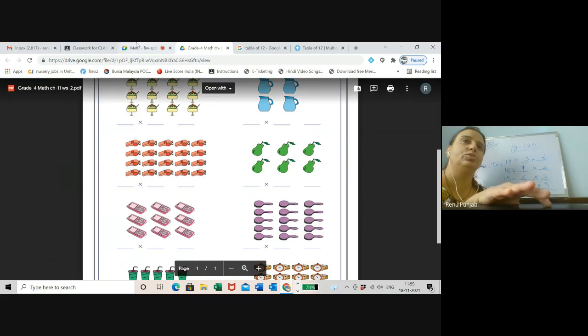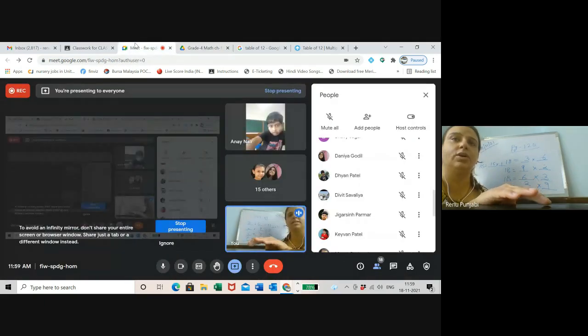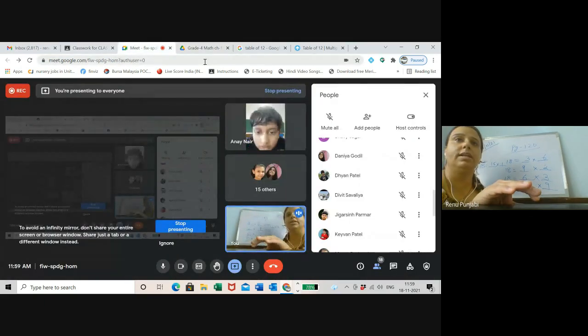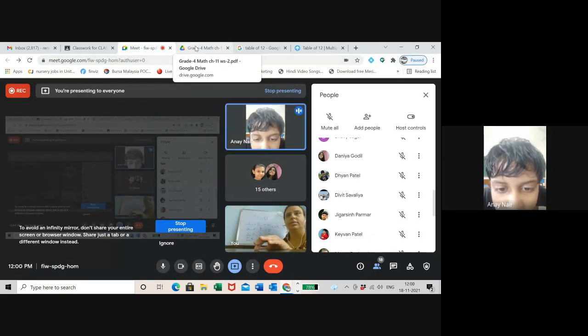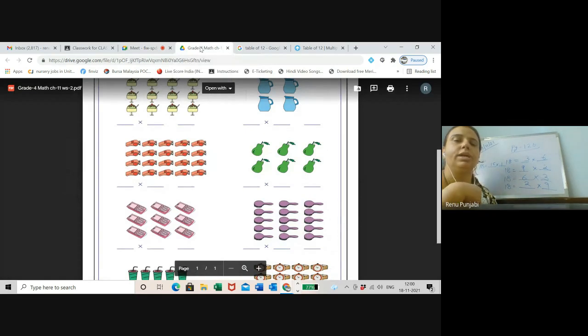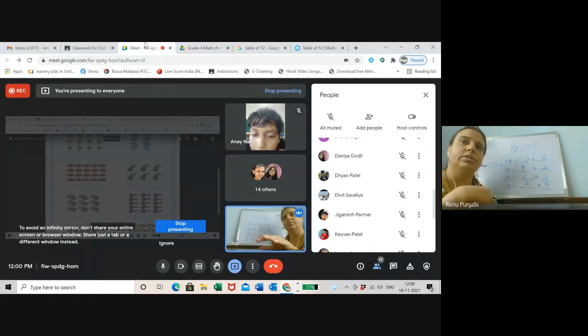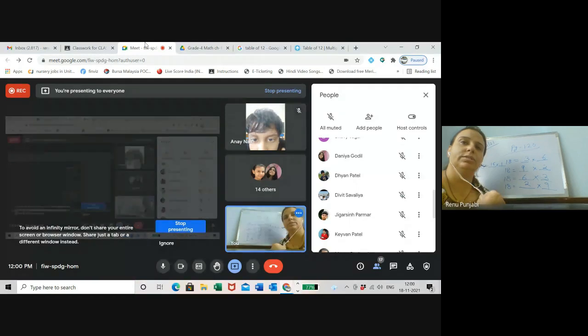This is the reason, students, when you don't pay attention in the class and do not attend the classes regularly, this is the problem you face. Ma'am, it's 3 and 2. Yes, it's 3 and 2. Is 3 the column or the row? Anna, I'm talking to you. Is 3 the column or the row?